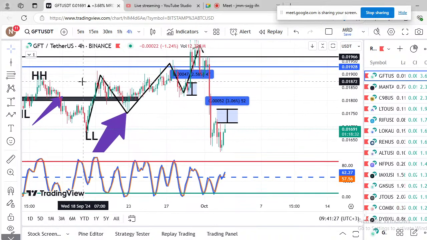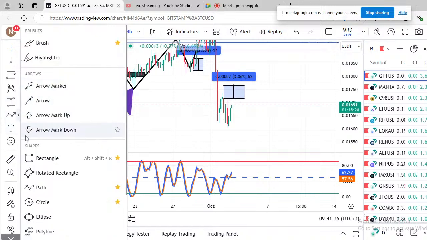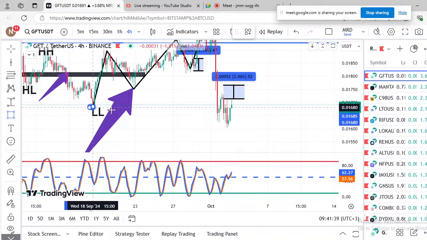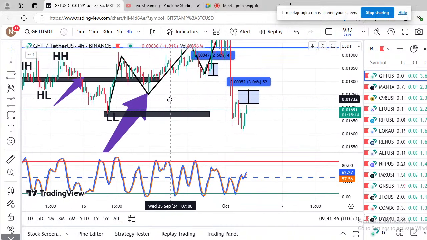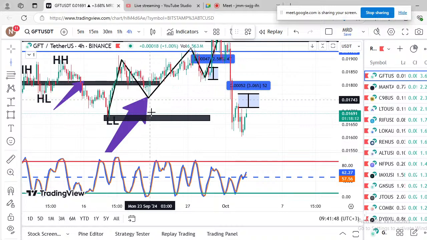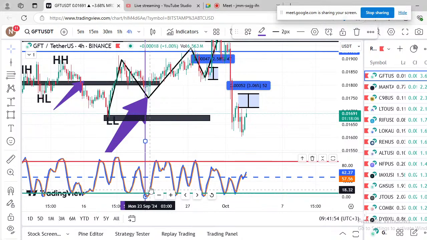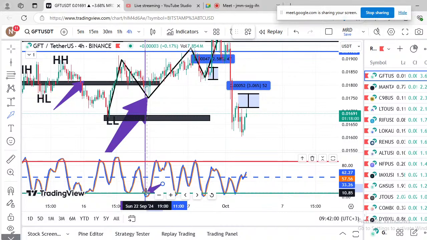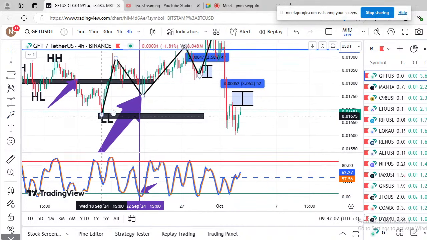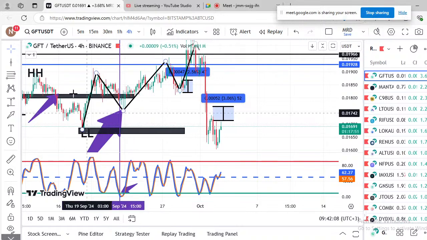Therefore, it was your first confirmation that the market is no longer interested in a discount level. Here, this was the discount level at this point. You get the point? You could consider this bending down here. I don't know whether you are seeing it. The bending I'm talking about is this one here, because here the market was no longer interested to come back to the discount level after forming